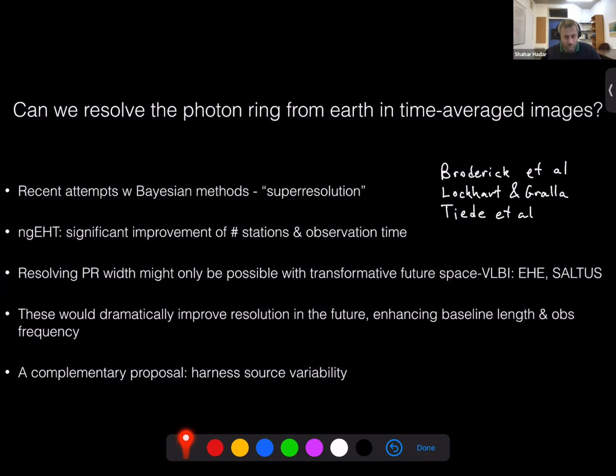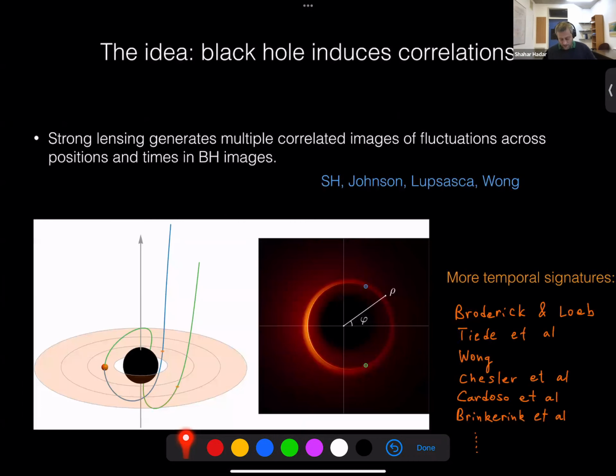But what I want to discuss today is a complementary proposal to try to use existing data, or data which is within reach, in order to detect the photon ring using the source variability. The idea is that putting a black hole in the middle of a stochastic emission will always induce correlation in the measurements of the emission from far away. Why? Because